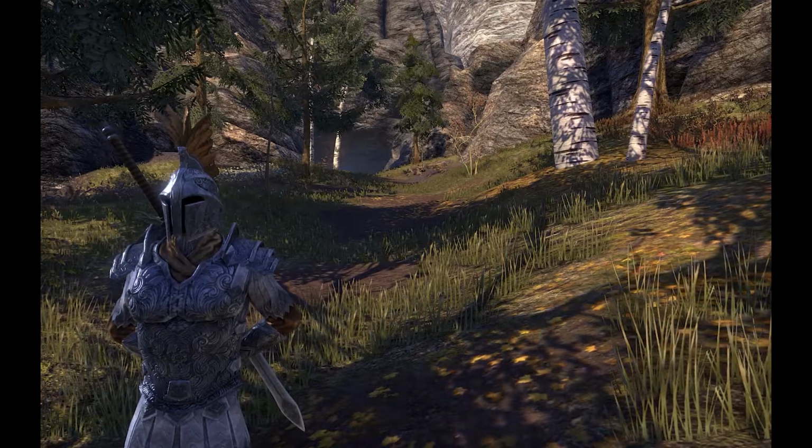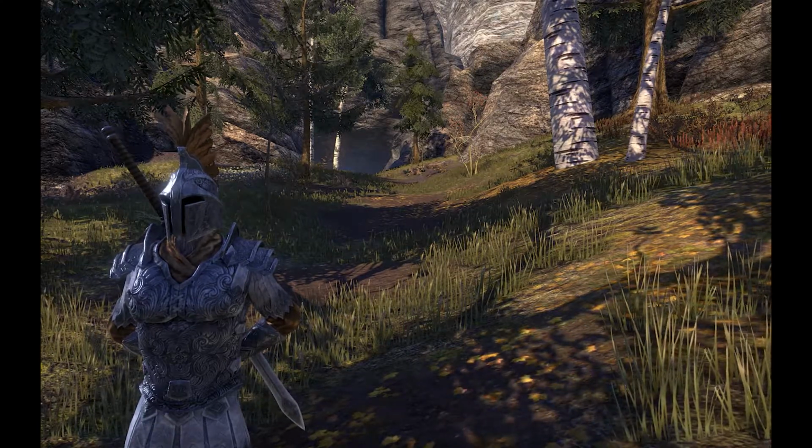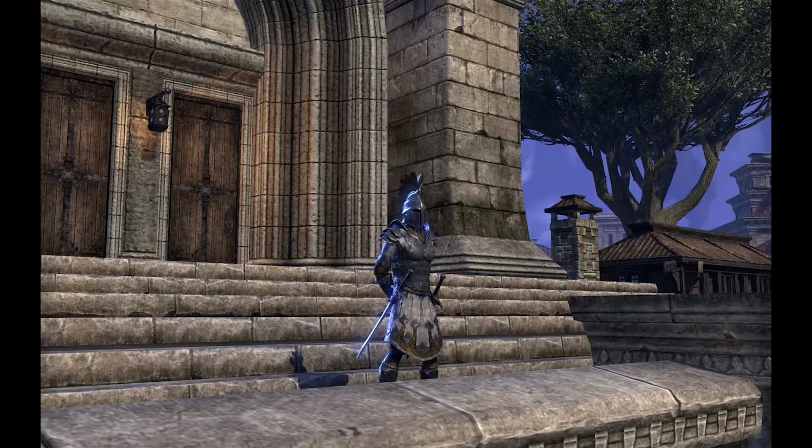The build is inspired by the concept of a crusader. Pelinal Whitestrake himself, renowned as the Divine Crusader, was an immortal hero, legendary warrior, sorcerer, king and crusader who fought as a champion of the slave queen Alessia. Pelinal was the enemy of all elves that lived in Cyrodiil, and as such we will try to refrain from